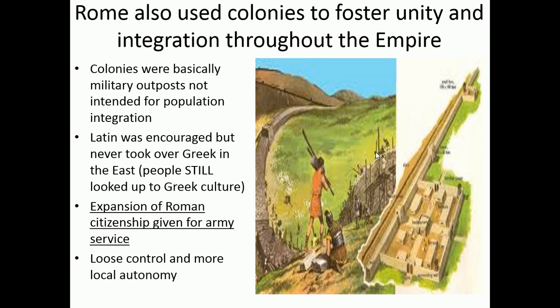One really great method that Rome used to pull all of its people together was to offer Roman citizenship, which came with a lot of rights and elite status. They extended citizenship to any person who served for, I think it was 20 years in the army. And at the end of your term of 20 years service, you were given Roman citizenship.